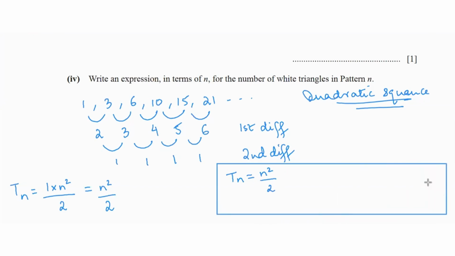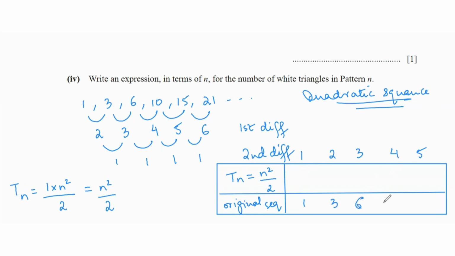Table. And these are going to be your n values. So if it's n equals 1, 2, 3, 4, 5. For the original sequence, we have 1, 3, 6, 10, and 15. So if we put n equals 1 in n squared over 2, that gives us